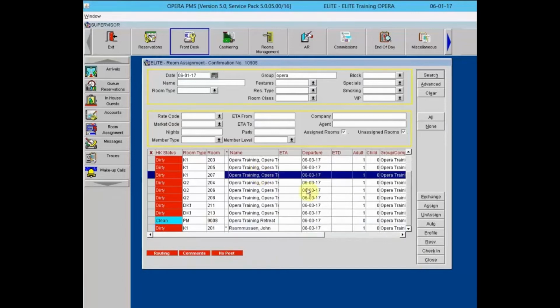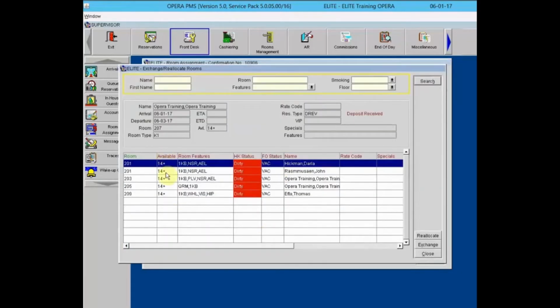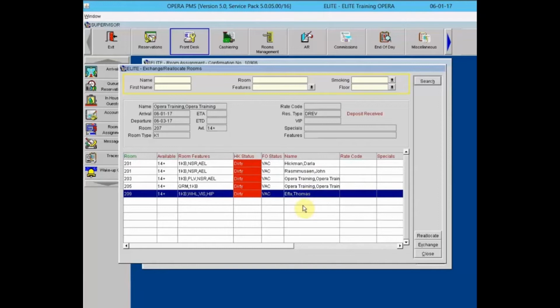Now, one other button over right we haven't talked about is the Exchange button. What the Exchange button allows you to do, let's say somebody else is already pre-blocked in another room. If we highlight this reservation, room 207, and click on Exchange, it shows all the reservations that have been pre-blocked, and you can exchange the room number that you're in currently with one of the other reservations that have already been pre-blocked. So if I want room 209 for the reservation I was just on,